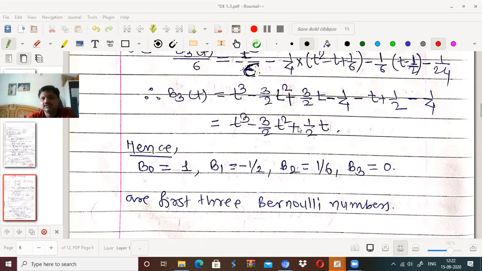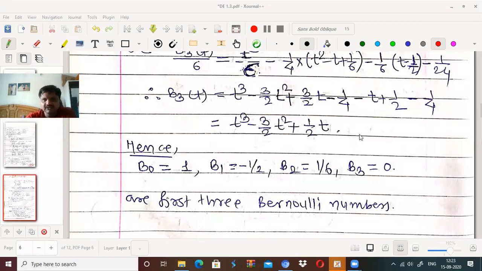नहीं आती, right? So if you now obtain b4, that will be a fourth degree polynomial in which again constant term is absent. If we obtain b5 of t, you will get a fifth degree polynomial in t in which again constant term is absent. That means b3 और उसके आगे सभी में ऐसे polynomial आते हैं जहाँ constant term is absent. So if I put now t equal to 0 here, every time this is going to be 0. अभी b3 of 0 equal to 0 आने वाला है, b4 of 0 equal to again 0 आने वाला है, because there will not be any